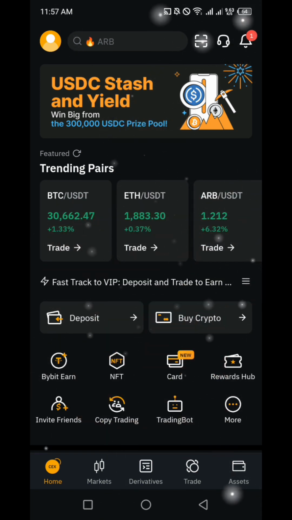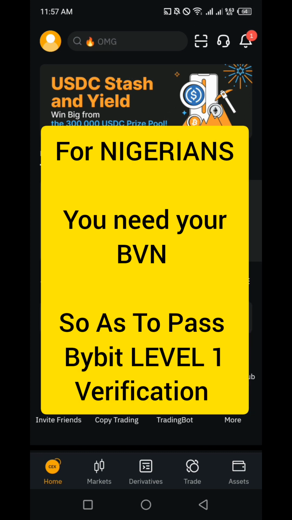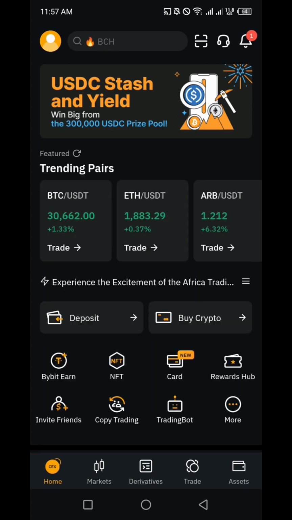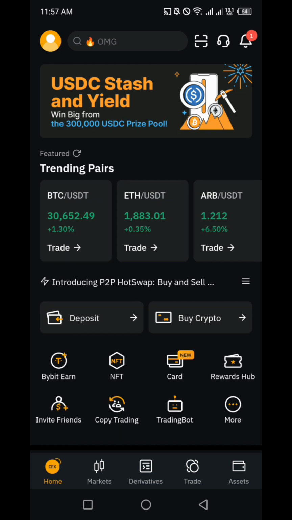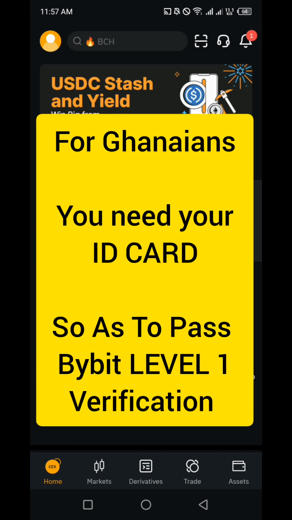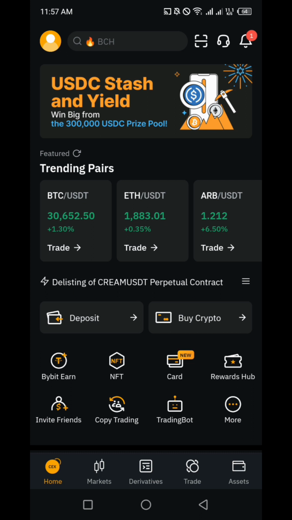Now if you're a Nigerian, you need your BVN for the level 1 verification on Bybit exchange. You need your BVN. If you are from the UK, you need your passport. If you are from Ghana, you need your ID card, and so on and so forth. So it depends on the country where you obtained your ID card. But for Nigerians, all you need is your BVN for the level 1 verification on your main account on the